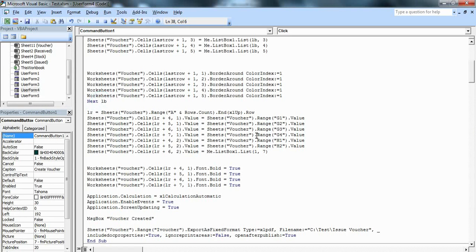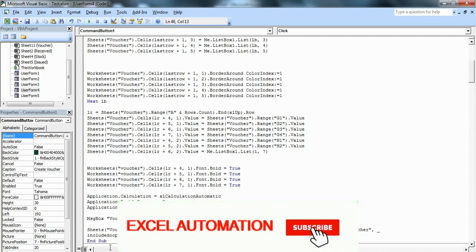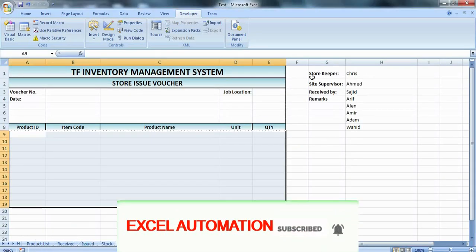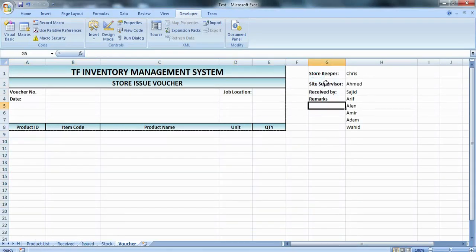Now in this section, what we will do is add this designation after adding the product. And I told you in the beginning that I have given 4 empty rows before adding this designation.